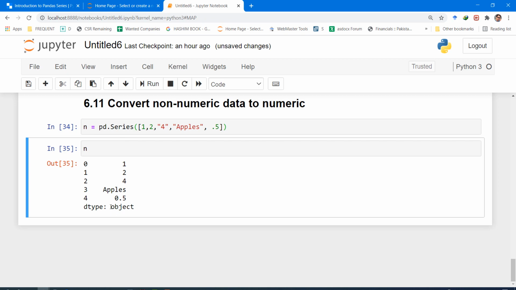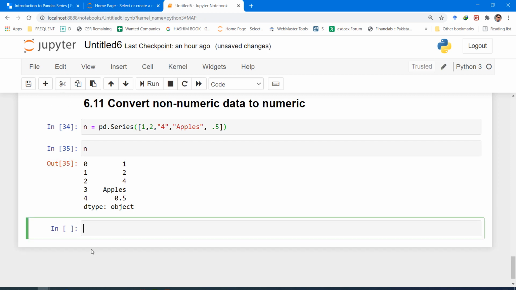The reason is its type is object. So any mathematical function in the pandas library cannot be applied to this series. So we have to convert this series to numeric.